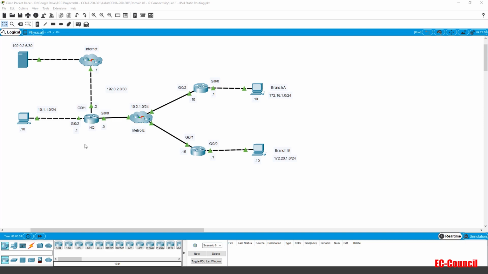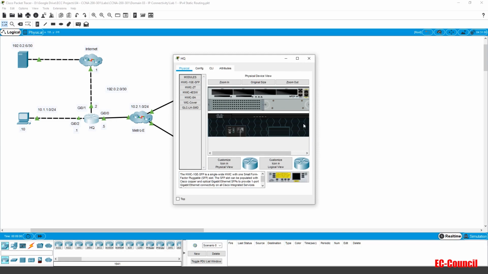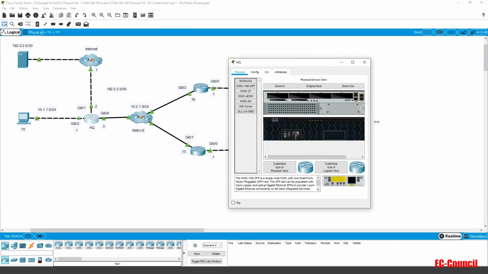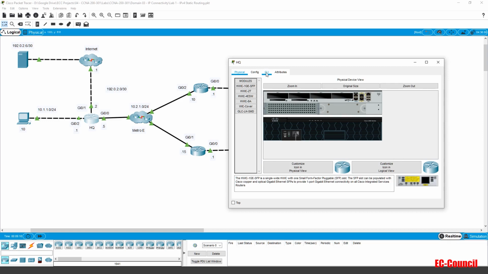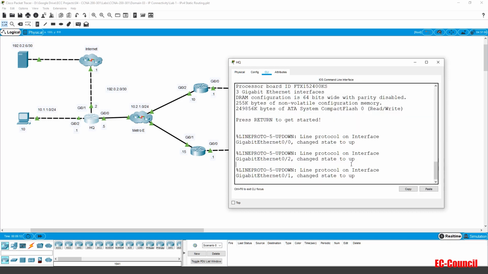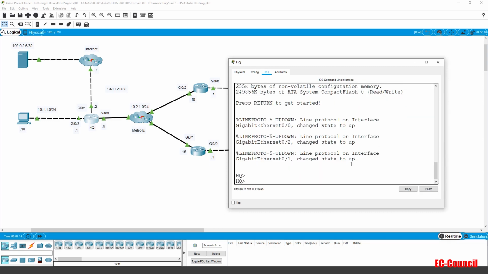We can start with the HQ router. Let's simply click on the HQ router, drag this a little bit across here so you can get enough real estate, and widen this window a bit more. Click on CLI and press enter twice. Currently, if we check our routing table, like so,